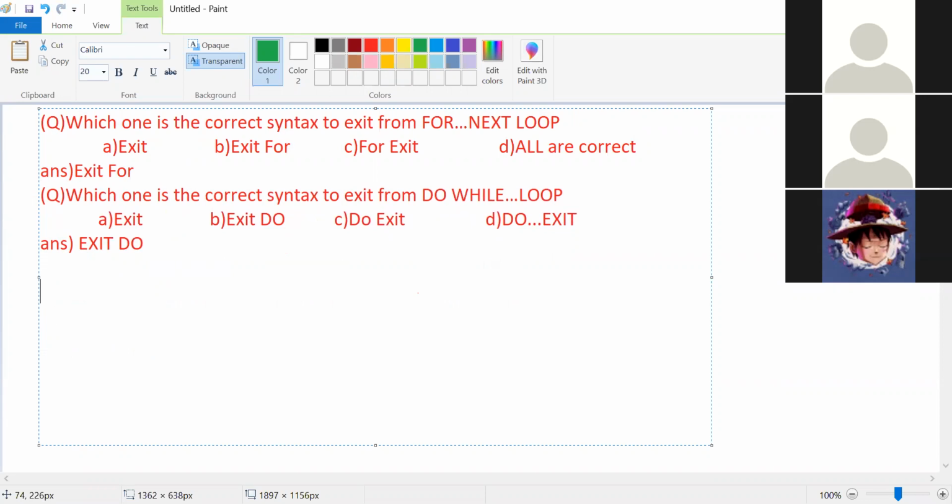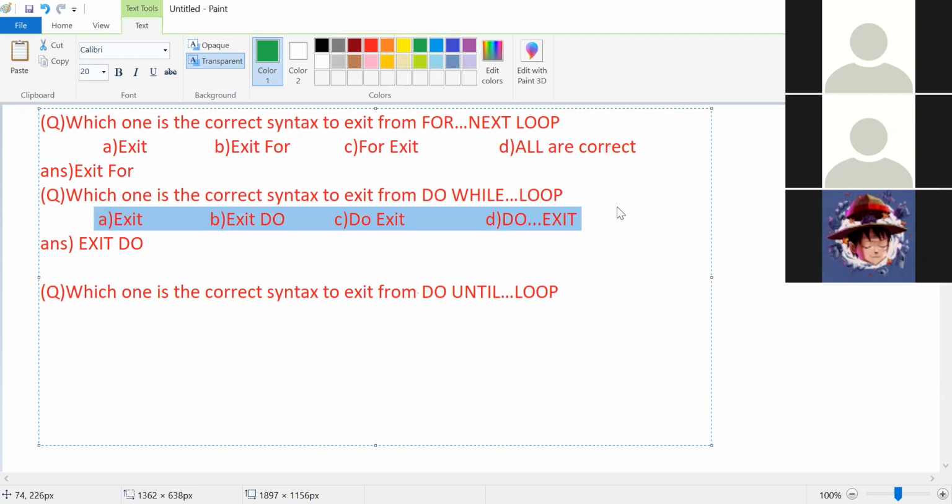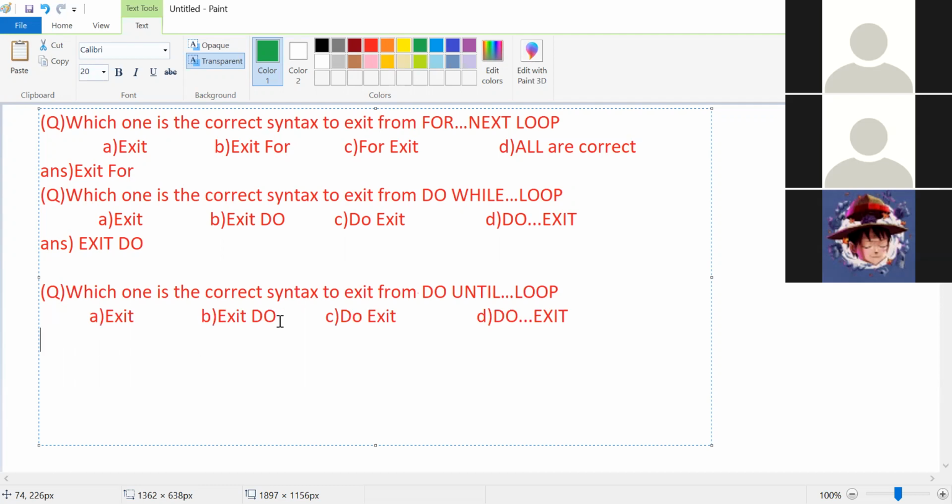Now answer the next question. Which one is the correct syntax to exit from do until loop? Do until loop. Now everyone will tell. Exit do until, exit do.